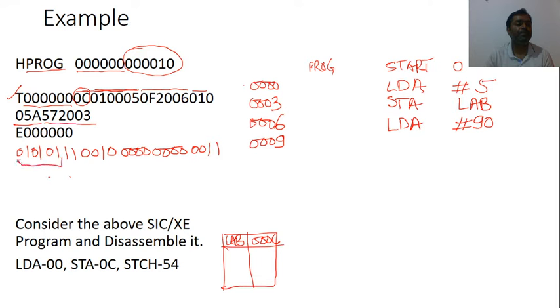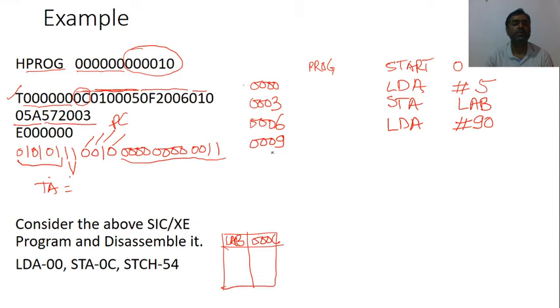This will be the opcode. NI is 11, then there is direct addressing. X is 0, B is 0, P is 1, that means there is PC relative addressing. E is 0, that means this is written in format 3, and this is our displacement. There is direct addressing, that means there will be some label here. So I have to find out that target address, and target address will be displacement plus the content of PC.